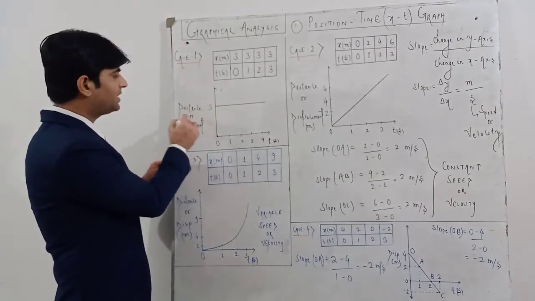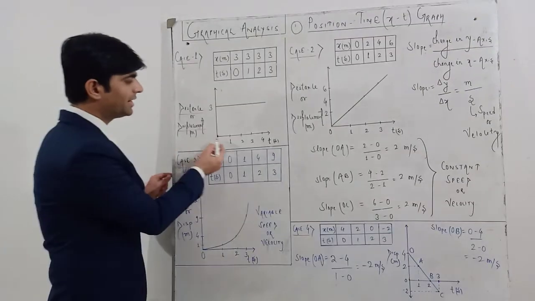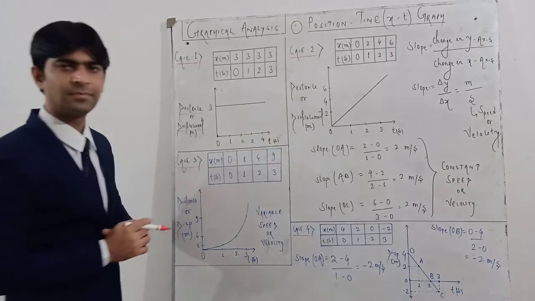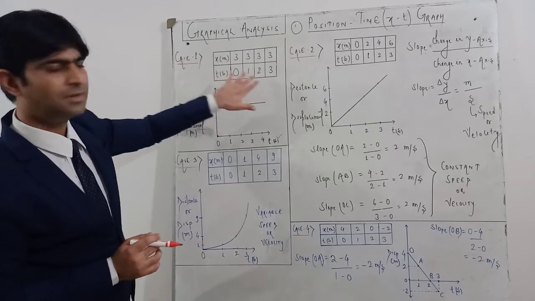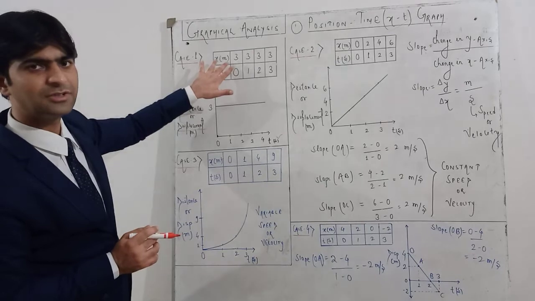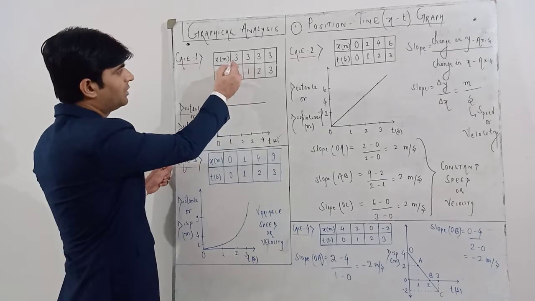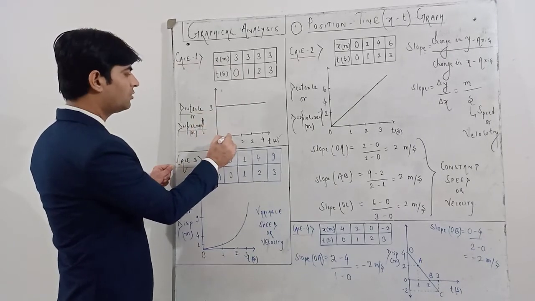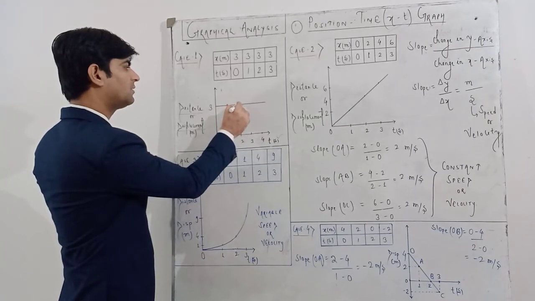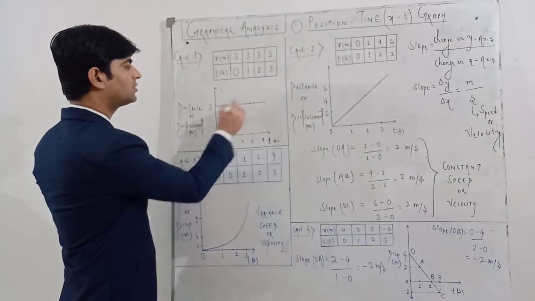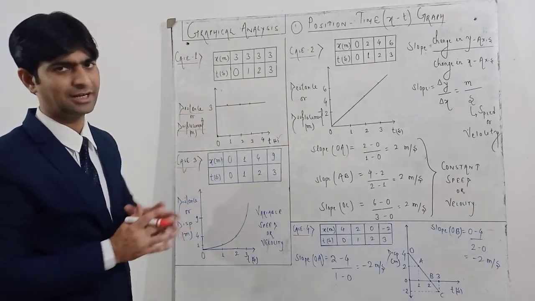on the y-axis I have taken distance or displacement. I have written it in meters. On the x-axis I have taken time. If you plot this data graphically, you see here, with the passage of time, the value of x, that means distance or displacement, is not changing. At 0, the value is 3. At 1 also if you plot, the value will be 3. At 2 also, the value will be 3. At 3 also. So if you join all the points, you will get a straight line.